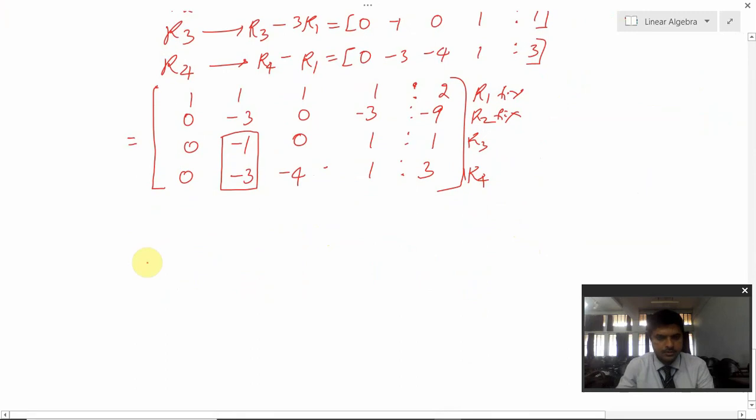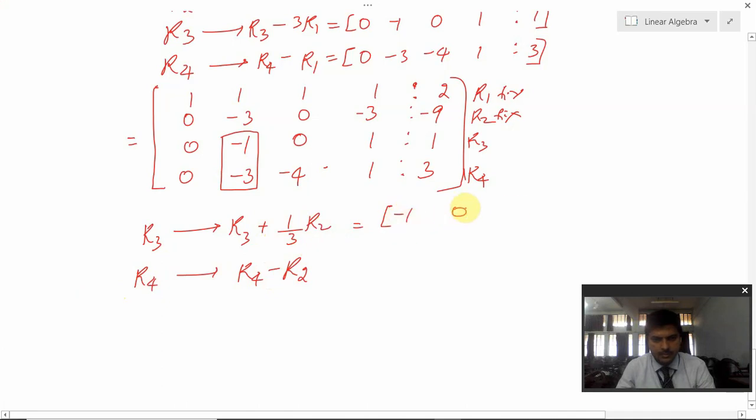Okay, what simplification can I make? Yes, I will just take R3 and R3 plus 1 upon 3, R2 I will make, and next is R4, I will make R4 minus R2. So you can see one example I will tell you. So here in this R3 I have kept it as it is, minus 1 0 1 and this is 1, then plus 1 upon 3, 1 upon 3